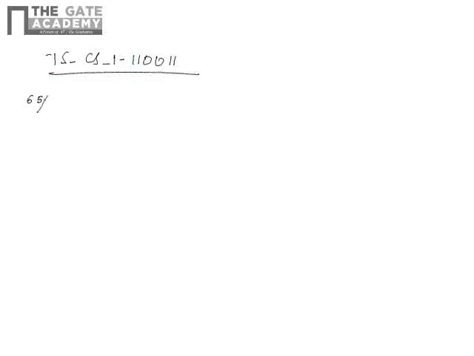Question number 65. What is the question? We have been given denominations of some paise coins: 2 paise coins, 5 paise coins, and similarly 10, 25 and 50 paise coins are given. And what is the question asking? What will be the minimum number of coins required